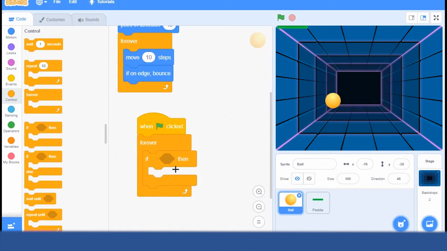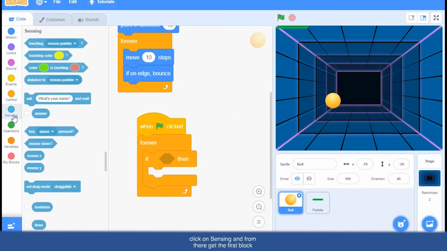Okay. Now here we need to add the condition if touching paddle. For that, go to the sensing palette, click on sensing, and from there get the first block, touching mouse pointer, drag it and attach it inside this diamond area. You can see when I am moving the block and place the starting point of your block on the diamond area, it will highlight it with white color and then drop it.